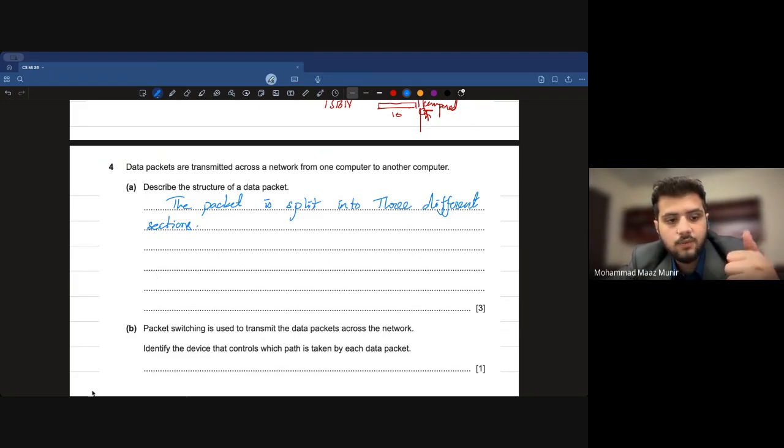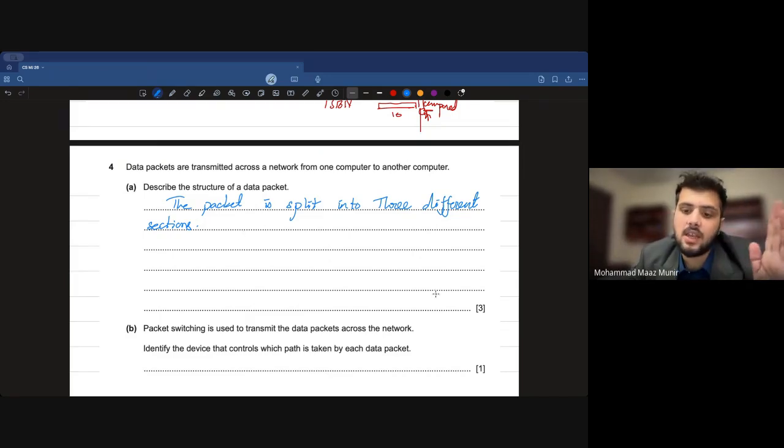All right, so we have to write 3 points up here. Firstly, the packet is split into 3 different sections, and then the name of those 3 sections. Oh, it's a 3-marker. Okay. Then, firstly, first being the